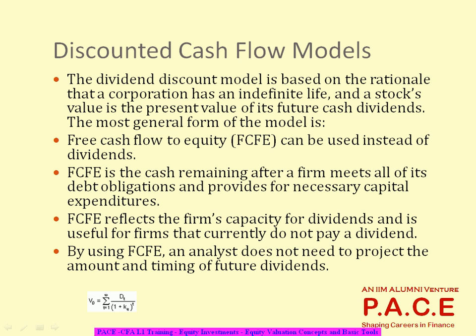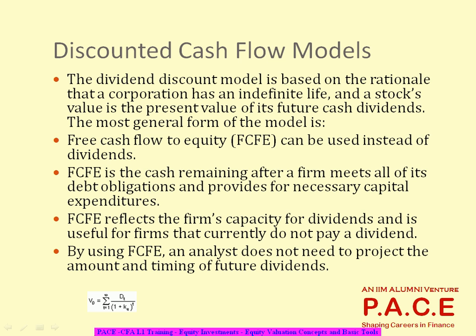Using what interest rate you have to use? You use the required rate of return or the cost of equity of this particular company, which would be given to you in some form or the other. The cost of equity or required rate of return, something of that sort will be given to you as a part of this question. So you need to know all the dividends, all the capital gain that you can get out of this investment, discount all of them to the present value, and say that this is the worth of this company. Well, as simple as that.